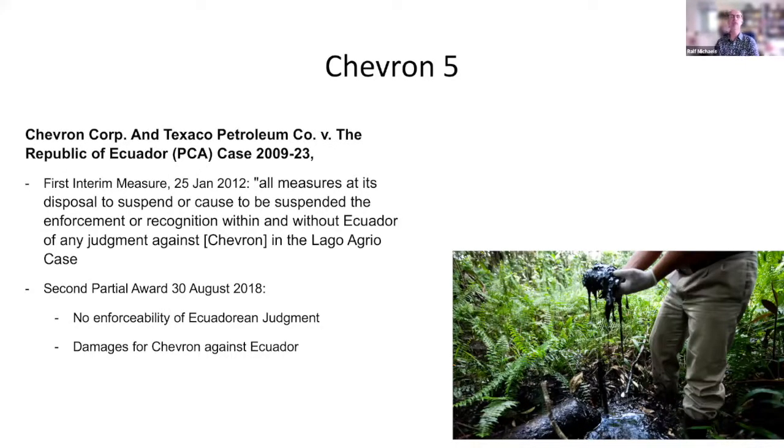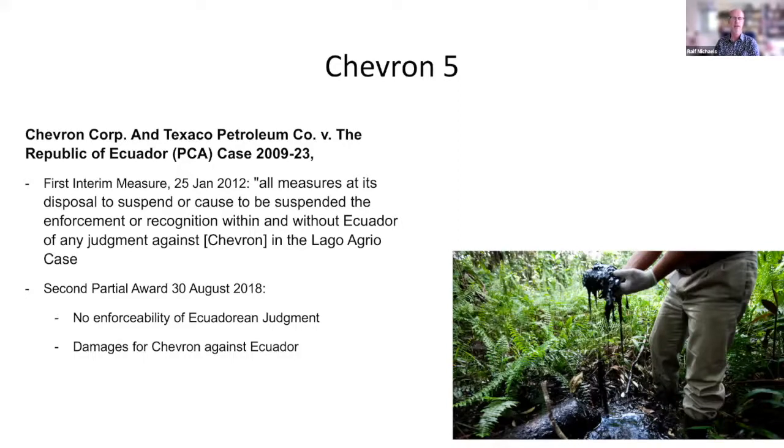The other venue where Chevron goes is arbitration. Quite early on, it goes to the Permanent Court of Arbitration in The Hague. And that court gets involved quite early. Already early, as interim measures, as you can see here, all measures that it's disposed to suspend or cause to be suspended the enforcement or recognition within and without Ecuador of any judgment against Chevron in the Lago Agrio case. That is then